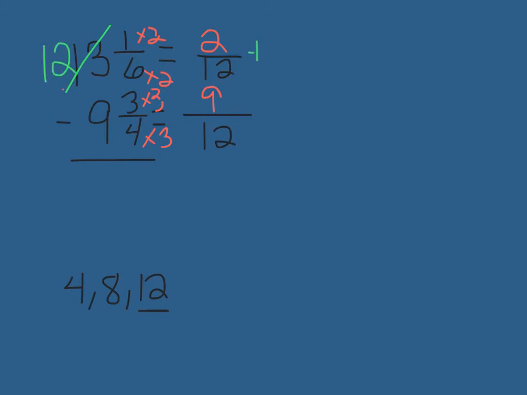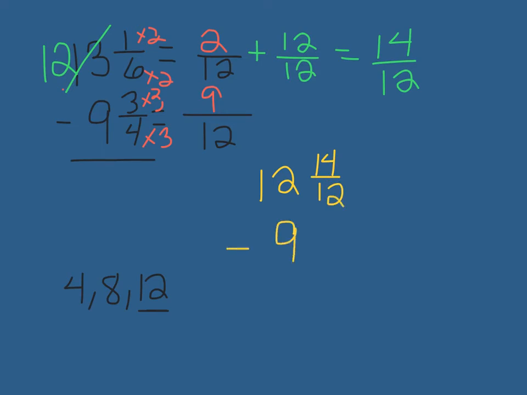And I add that whole number, going to make it a 12 over 12 because that equals 1, and it will add easily. 2 plus 12 equals 14 over 12. So I now have 14 twelfths. So I'm going to rewrite that problem now. So it looks like this: 12 and 14 twelfths